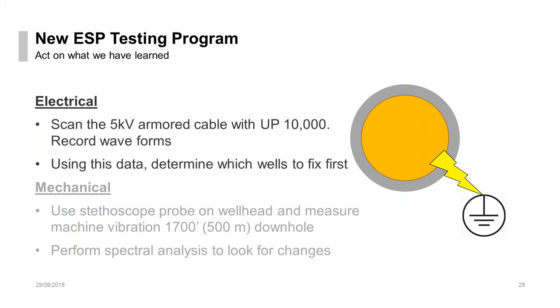So what this did is it gave us an indication as to what was going on. By scanning these 5 kV armored cables, so that has a metal jacket around the outside, with the UltraProbe, we could record these waveforms, and using this data, we could determine which wells were in the worst condition. Now, what we were actually measuring was the electricity leaking through the insulation of the cable and finding a path